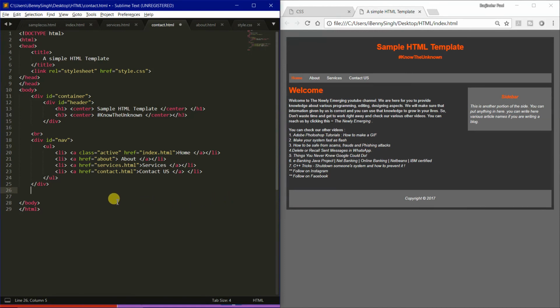Now we'll be creating another division with id equals to main, and then we will be closing this, and in this we'll be adding an h1 with contact us. And I just remembered we have to change the class from here to here because we are on the contact us page. And now continuing on this, we'll be adding a form tag here, and we'll be adding another division